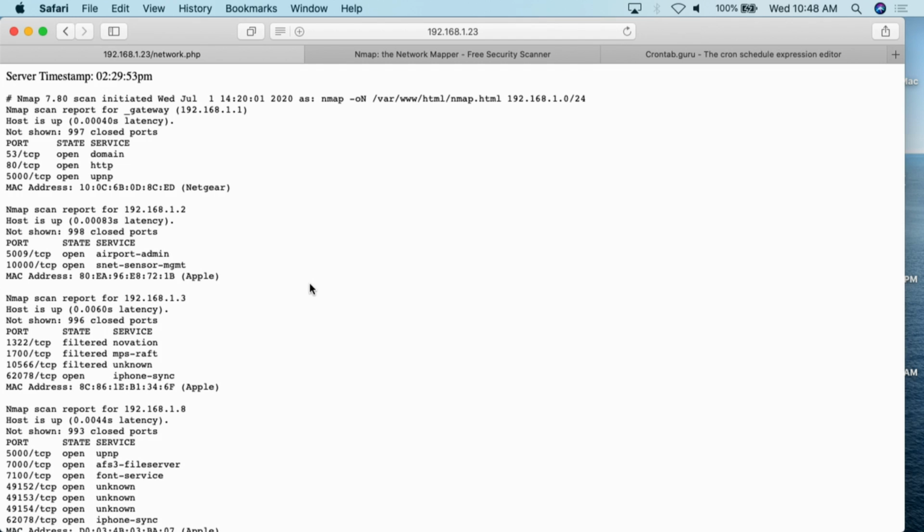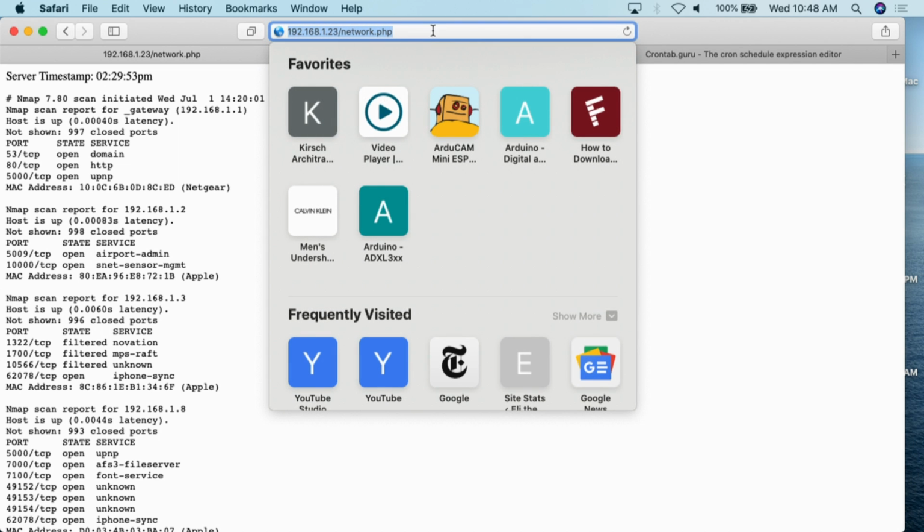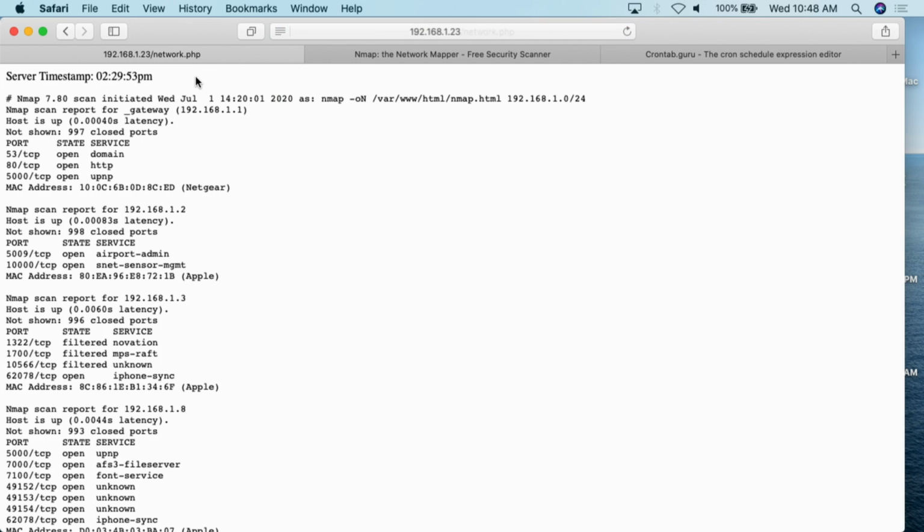So here we are, my demonstration computer, and I've opened up the web page that I've created to show the nmap results. The Linux server that I have is at 192.168.1.23, and the PHP script is the network.php script. What this does is add a timestamp to the top of the page, and then it adds the